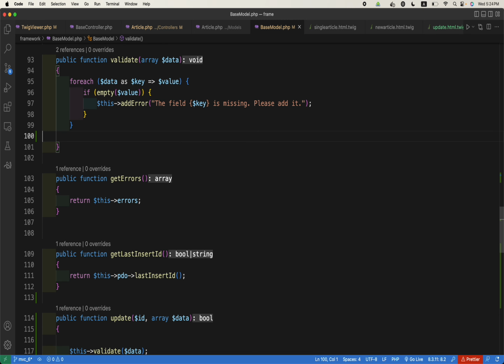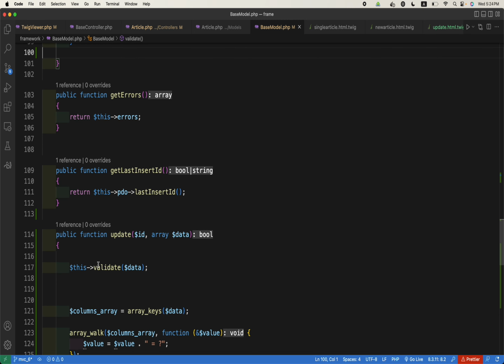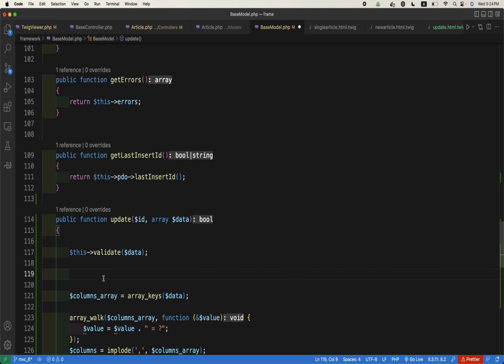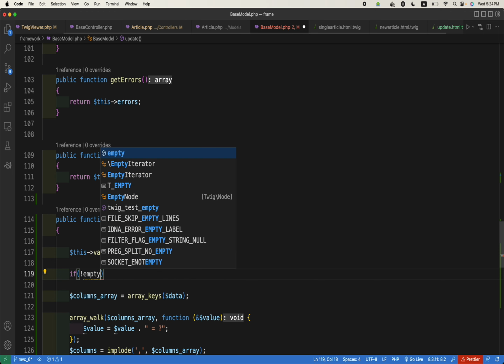Okay, so here this dot validate data, it means it will check if the values are empty or not. So for example, if they are, how can we know it is empty? Yeah, so if not empty,